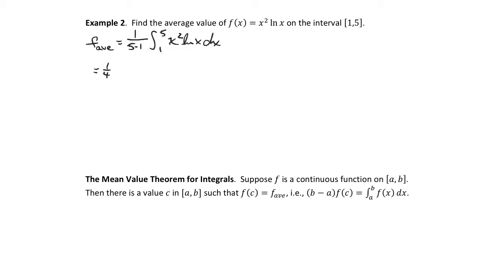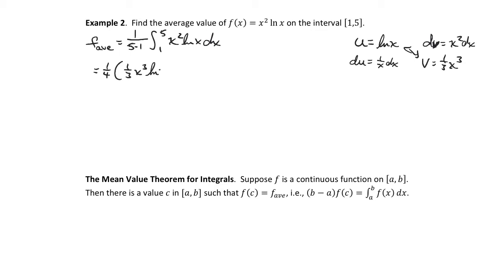For integration by parts, recall that one thing we choose to be u, which we differentiate, and one thing we choose to be dv, which we integrate. Off the top of my head, I don't know the antiderivative of the natural log, so I'll let u be the natural log of x, and dv is everything else, x squared dx. du then is 1 over x dx, and v is the antiderivative of x squared, 1/3 x cubed. We put all this together, u times v, so 1/3 x cubed natural log of x, and we want to evaluate that from 1 to 5,